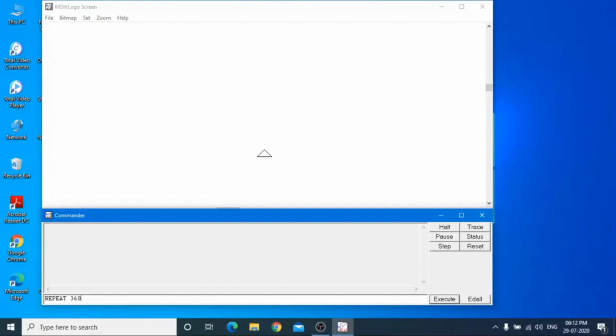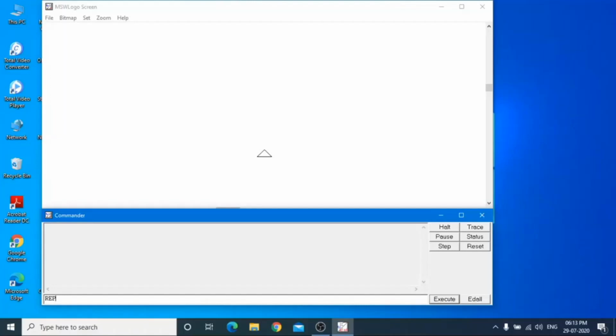FD space 1, RT space 1, and close this bracket and see. This is the semicircle. One more time, execute the same command: repeat 180, FD 1, RT 1. Two semicircles make a circle. So this is your desired figure.